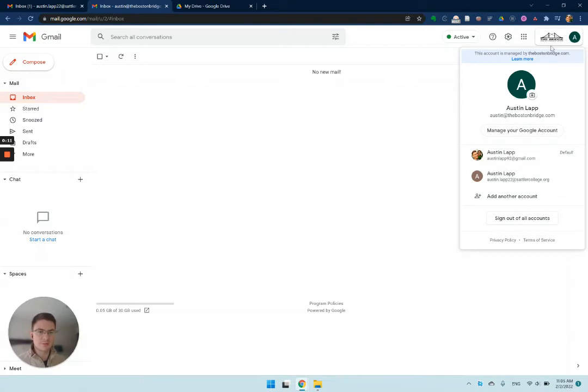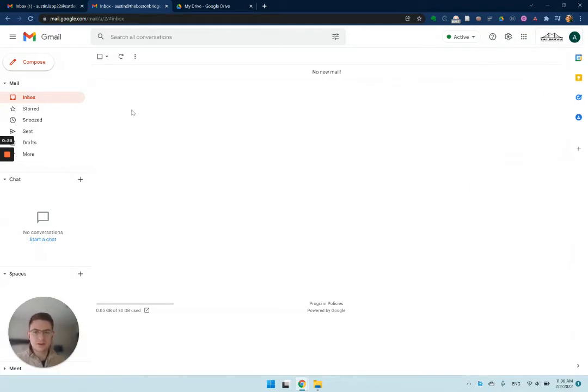Notice over here on the top right hand corner you can manage different Gmail accounts or Google accounts. So these are 3 different ones that I have for various things: my school one, my work one, and a personal one. So currently I'm logged into my work one, which I don't use that often, so it works well